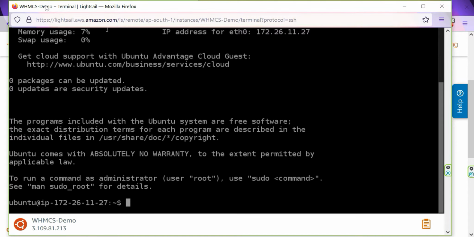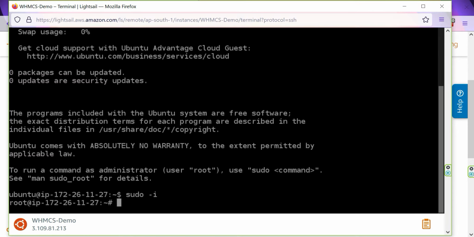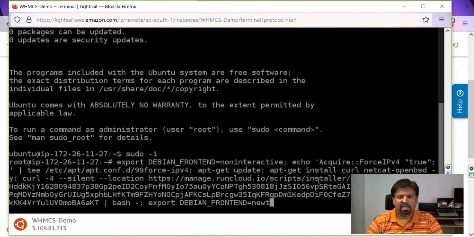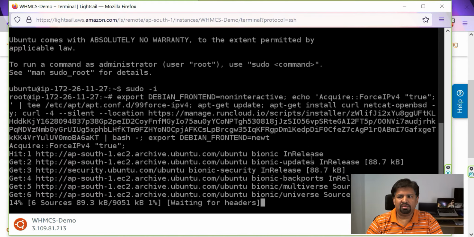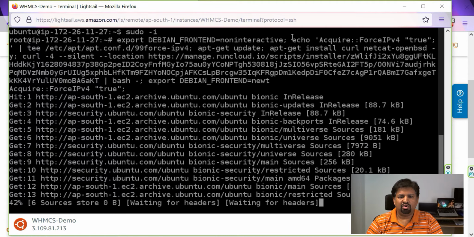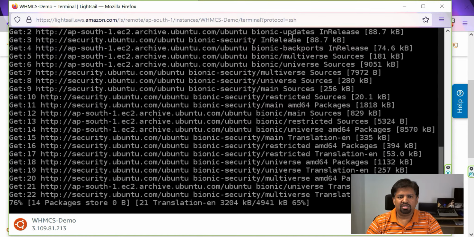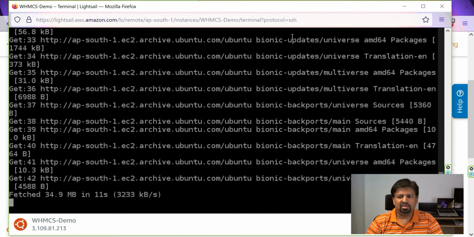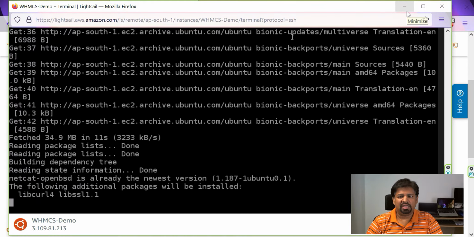After logging into the server, we have to change the user role as root. To do this, type sudo -i. You will see the dollar symbol change to hash symbol. Now, copy the runcloud installation script and paste it in the terminal. This process is going to take several minutes before it gets completed. Keep the terminal window open. At the end of it, it is going to give you a FTP username and password, which is needed to log in via FTP using FileZilla or Cyberduck or any other FTP application.